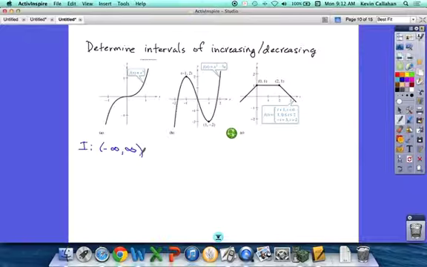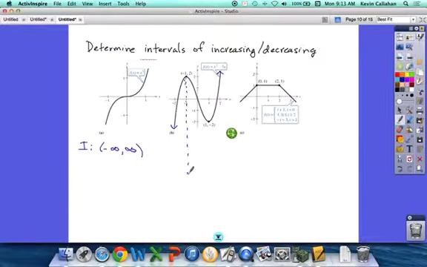Okay, what about this graph here? What is it doing from here to here? Increasing? What's it doing from here to here? What's it doing from here to here? Yeah, and notice, unlike the one that we had on the last slide, they don't have fixed endpoints here. So what do we assume these lines are doing? They're going on forever, right? This arrow goes on forever. This goes on forever. So if I'm going to name the intervals,